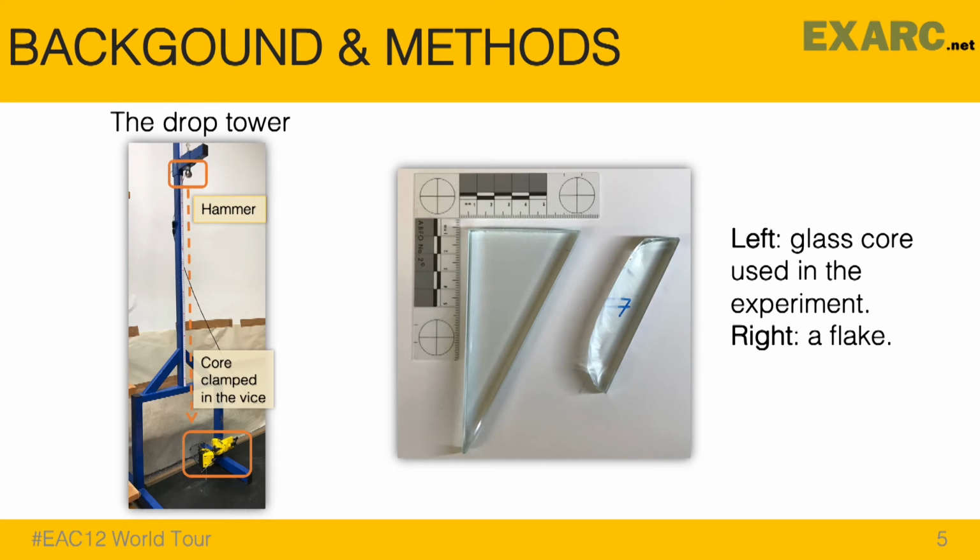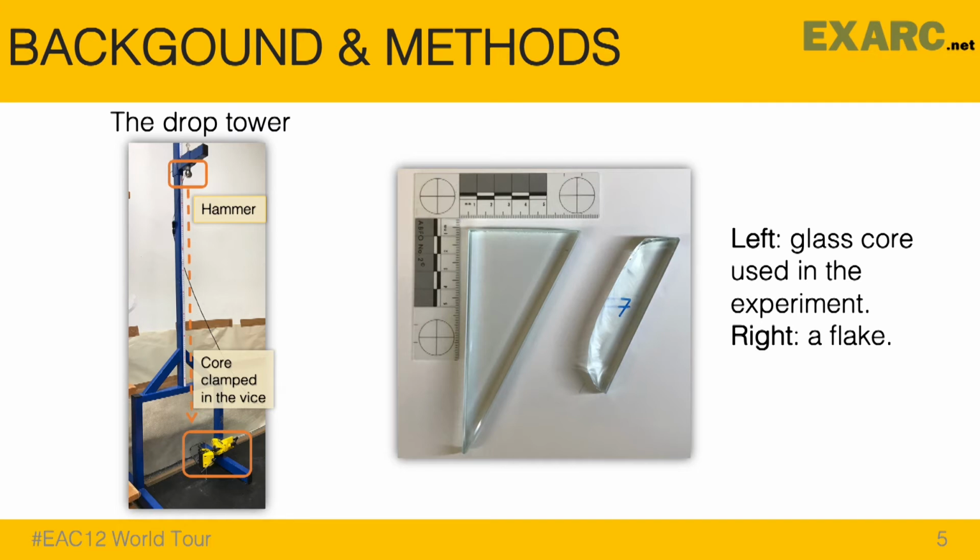The flake formation process is governed by uniformitarian laws of fracture mechanics, and here we will study features of the flake's bulb of percussion in the context of fracture mechanics. This will allow us to link features of a flake's bulb to the angle of blow. The drop tower setup can effectively control the striking force, the strike location, and also the angle of blow during flake removal, and it is also very cost effective.